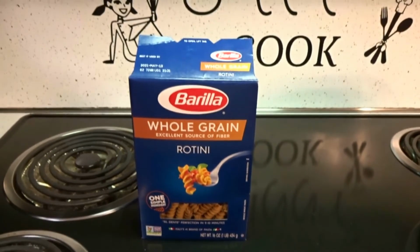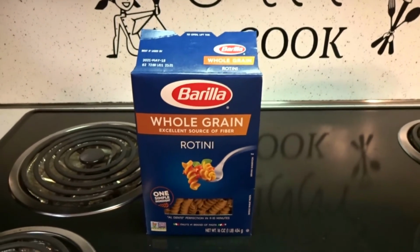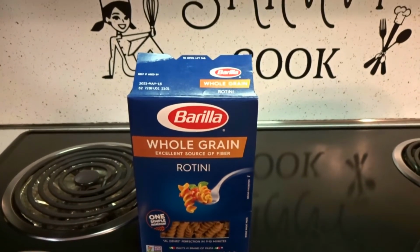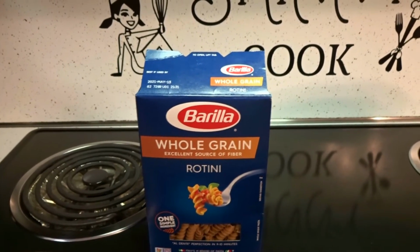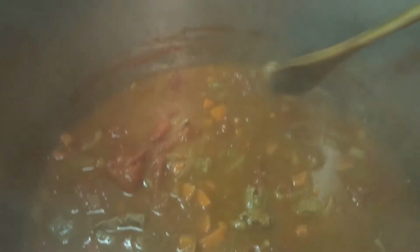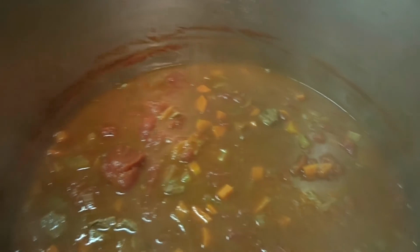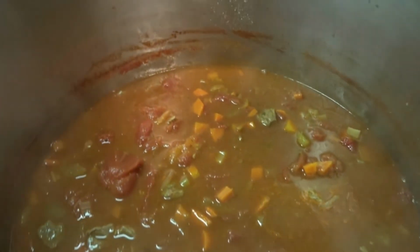Okay, while your soup is simmering, now's a chance for you to boil your noodles. You could use egg noodles or Kolaski noodles, or in my case, I'm going to use rotini whole grain noodles. Once your tomato soup has simmered down and it looks like this, and your carrots and your celery and everything is all tender, you could either leave it like this, plain, and put it over noodles, or in our family,